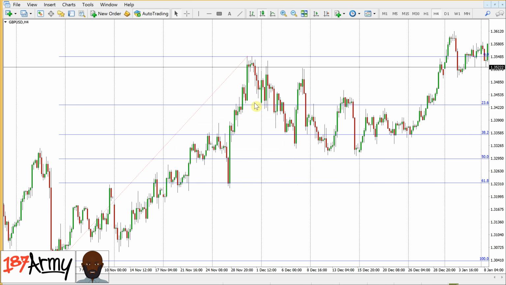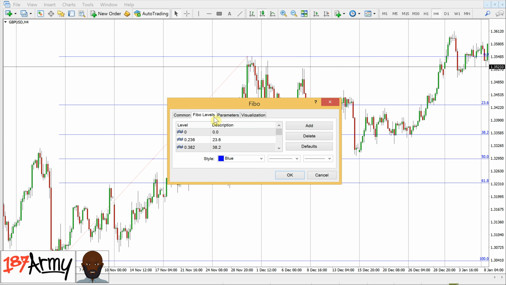Another thing as well, based on my experience over the years, using Fibonacci, you'll see that many people try to take into consideration Fibonacci levels between 38.2 and 61.8, but due to my back testing and my experience, I found that the lowest number is actually 66.0, so you can go and add that in. So what you do is you double click on there, so you can see this little dot, hover above it, right click, Fibonacci properties, then you go on to Fibonacci levels, press add,